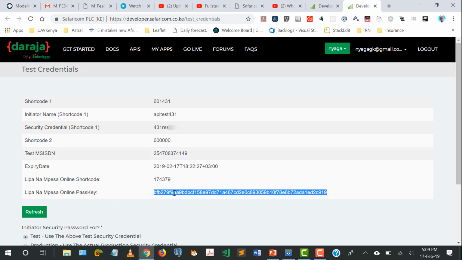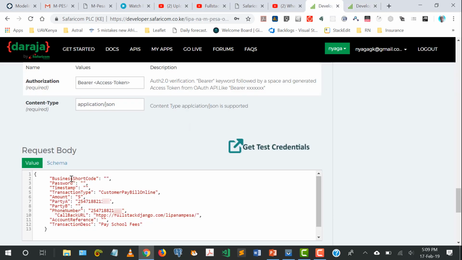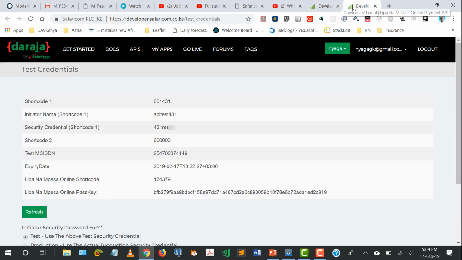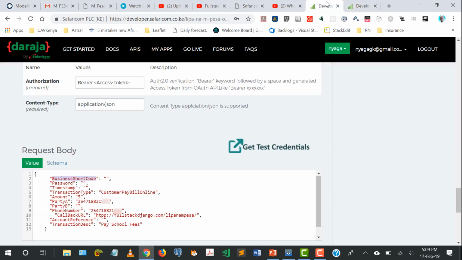this passkey over here. So if we go back here, we realize we've been asked a business shortcode. So if you come here, we have shortcode 1 and shortcode 2 and Lipa Na Mpesa online shortcode. Because we want to use Lipa Na Mpesa online, always this is what we are going to use. So I'm going to copy that and paste it back here. And this is similar to party B. You realize here they've said